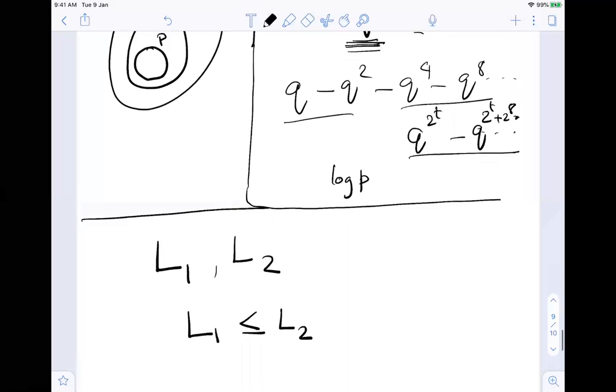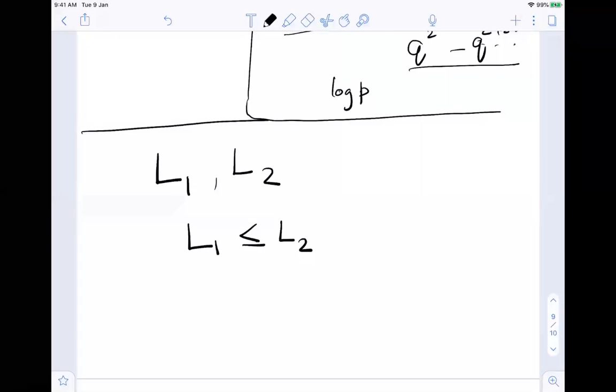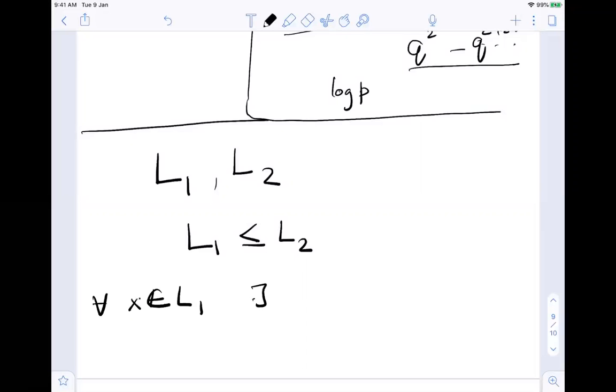What does it mean? It means that for all x in L1,